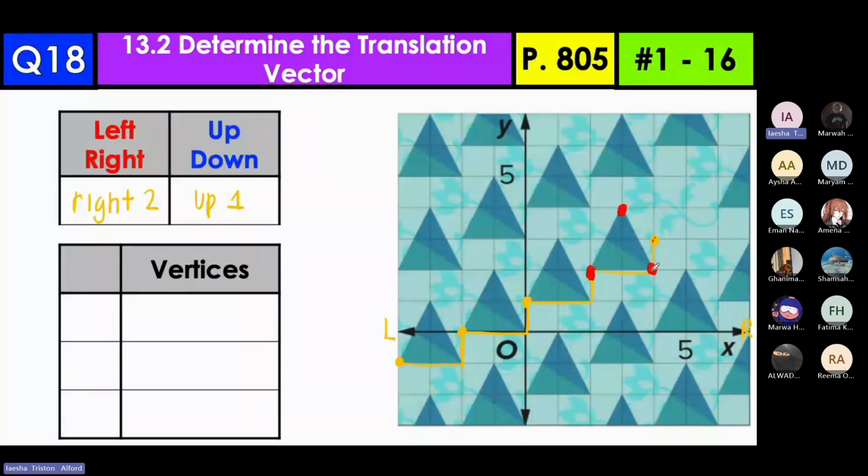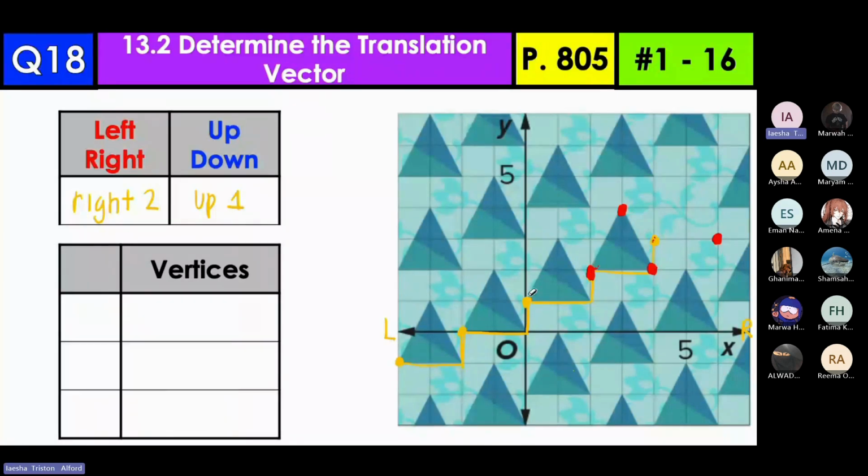The distance between this one and this one is what? I went right 2. How many? 2. So from here, I should go right 2. So the other point should be here. Then I need the top of the triangle. So to get to the top of the triangle,